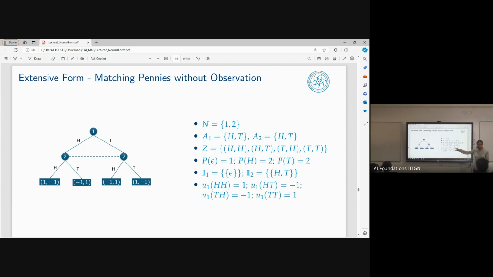Here the cardinality is 2. This is not perfect because agent 2 does not know if agent 1 has...